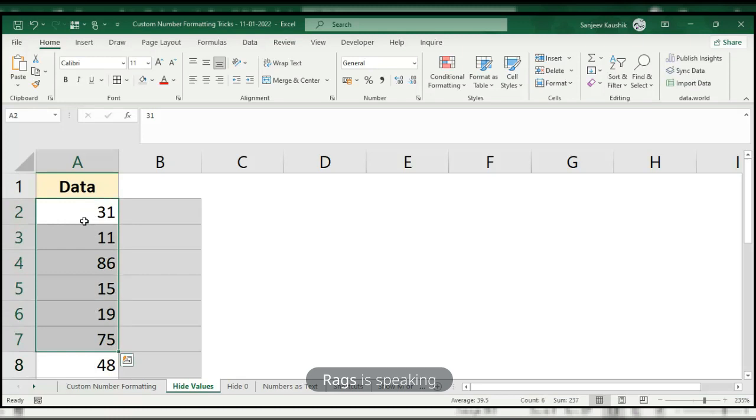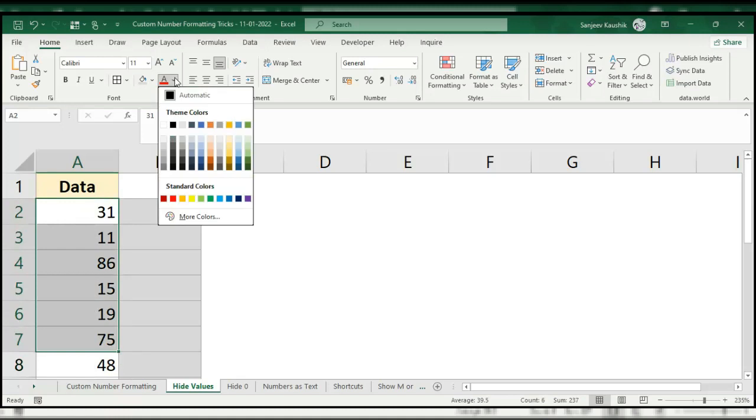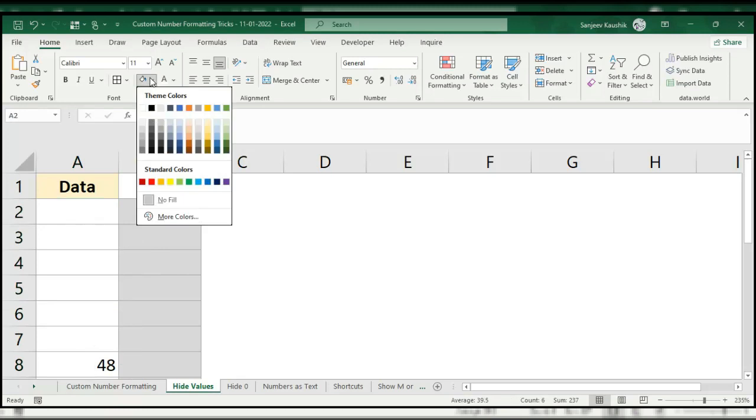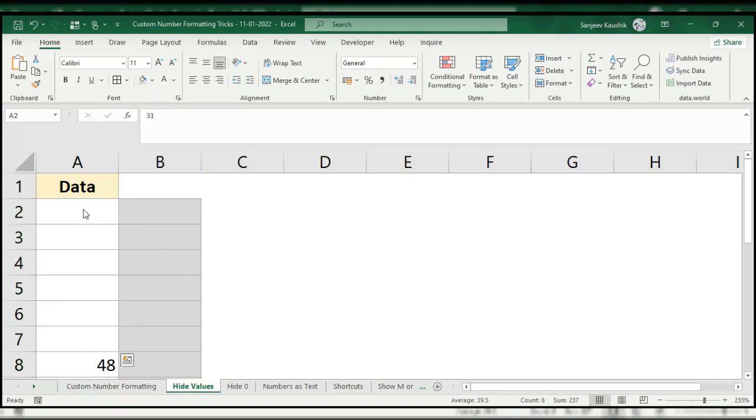I think we need to change the font, sir. Font color. Yeah, correct. Okay, that is one option. Normally we will change the font color to white, so the numbers won't be visible. That is one solution, that is okay. But say, for example, if by chance we change the background color,